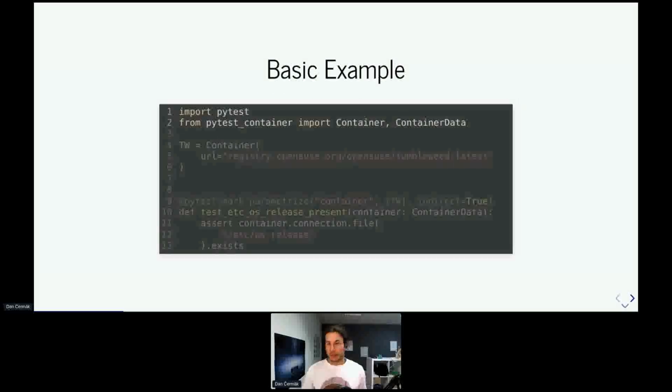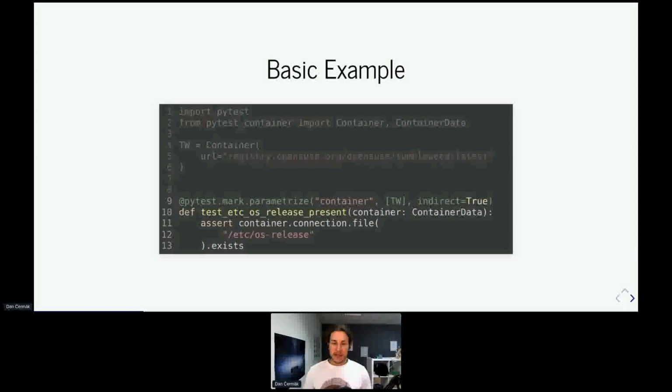Okay, and with that, let me give you a very brief example of how such a test function would look. You do the usual Python import of your stuff. You declare your container, in this case just a simple container. And then you write your test function. In this case, the test does a rather simple thing. It just checks whether /etc/os-release is present. Nothing super complicated. But the nice thing is, if you would now put this in an appropriate file in a file system and run Pytest,